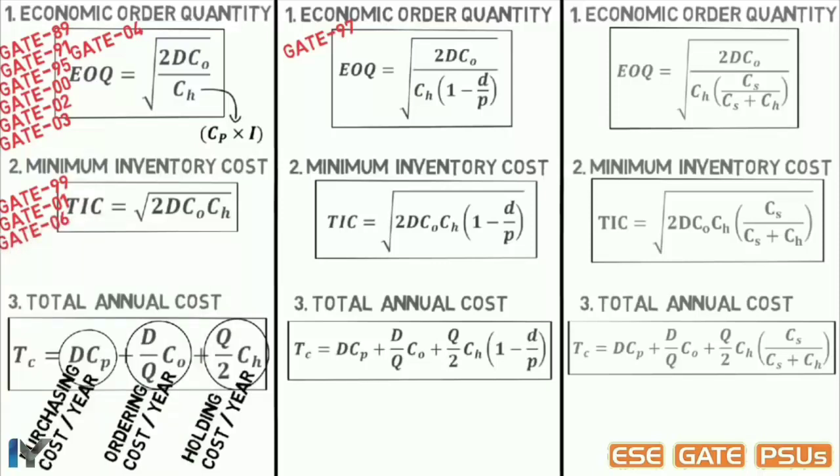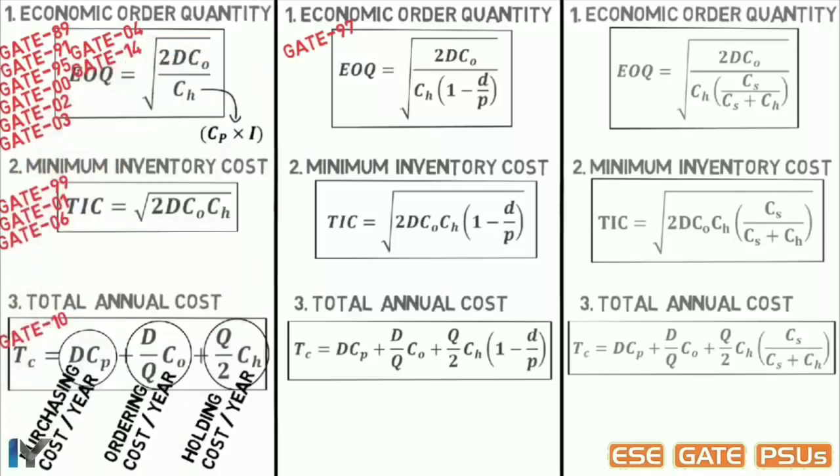In GATE 2006, same question was there as GATE 2001 with 2 price breaks discount. Which offer will you select? Find with EOQ. In GATE 2010, again same question was there. If total annual cost is to be minimized, then the retailer should accept 2% discount or 4% discount.